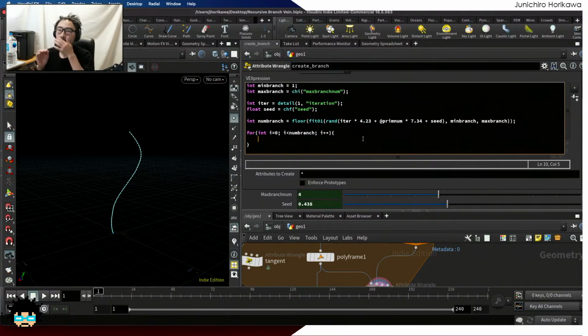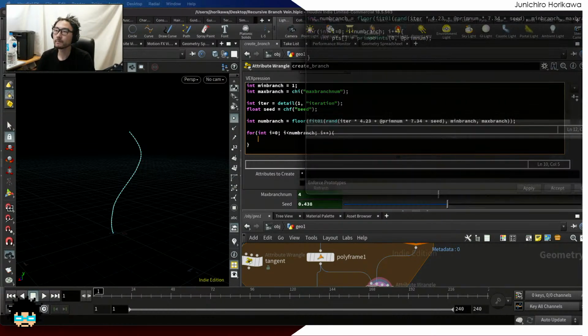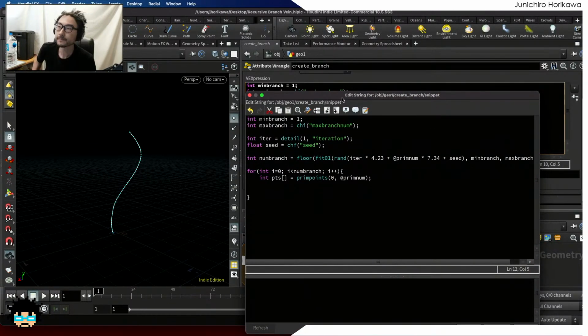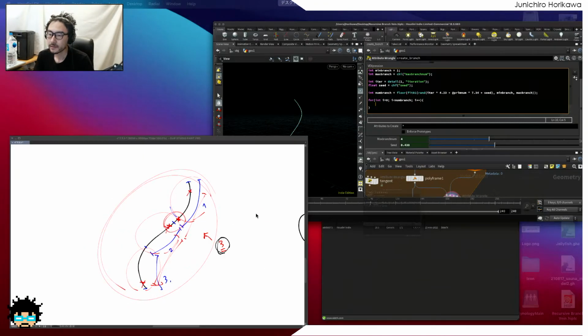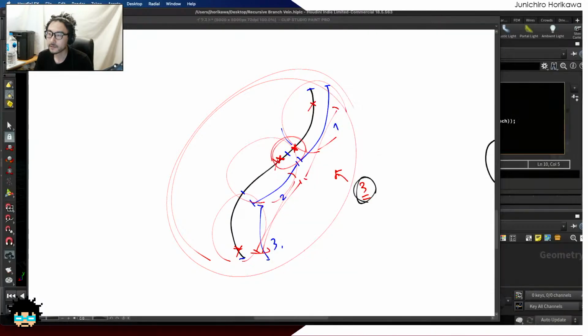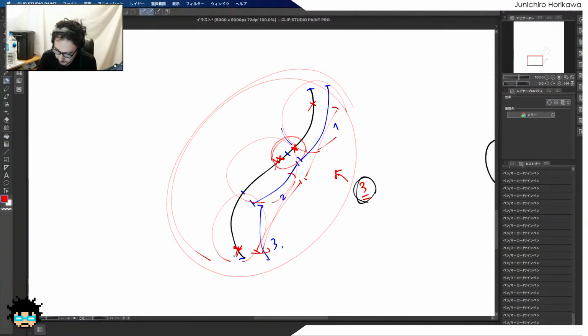Alright, so first I am going to create a range value, which is going to be the minimum to maximum. In this case, in order to create those point positions,